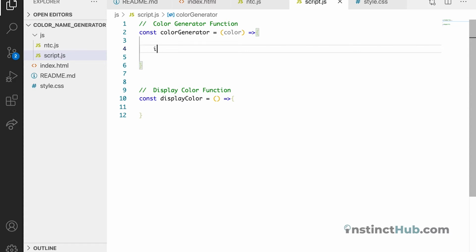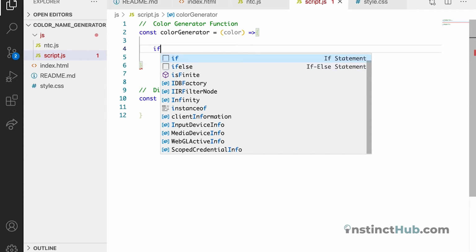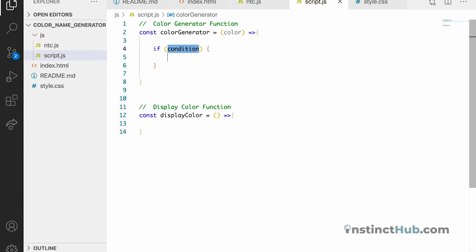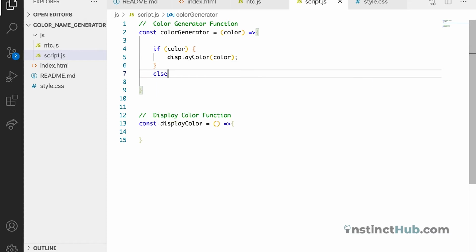We just need to say if color. So we're saying if there's a value here, let us call the display function and just pass in the color value. Then else,